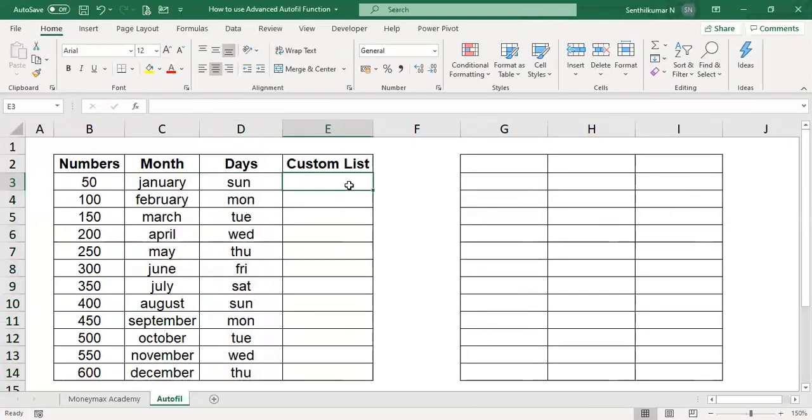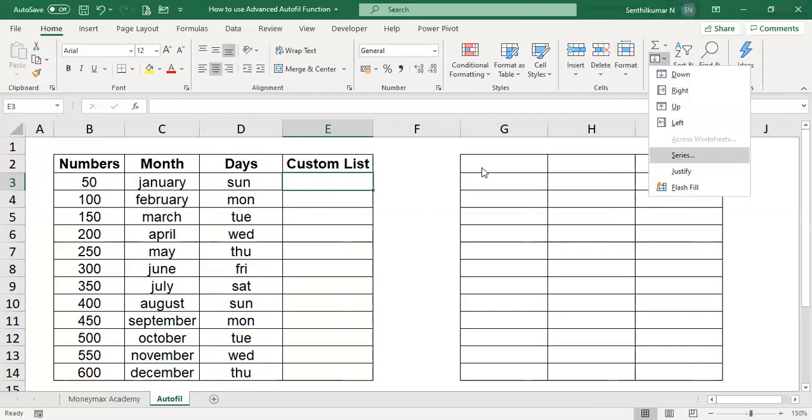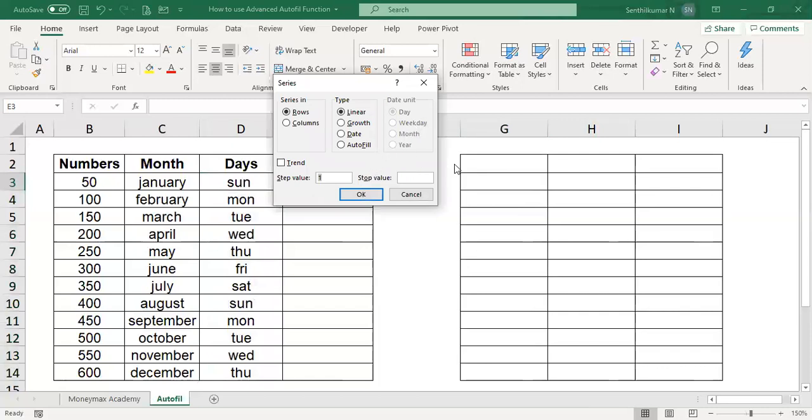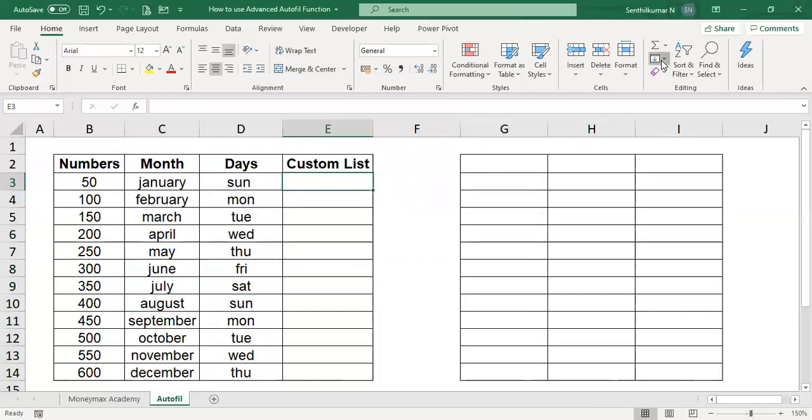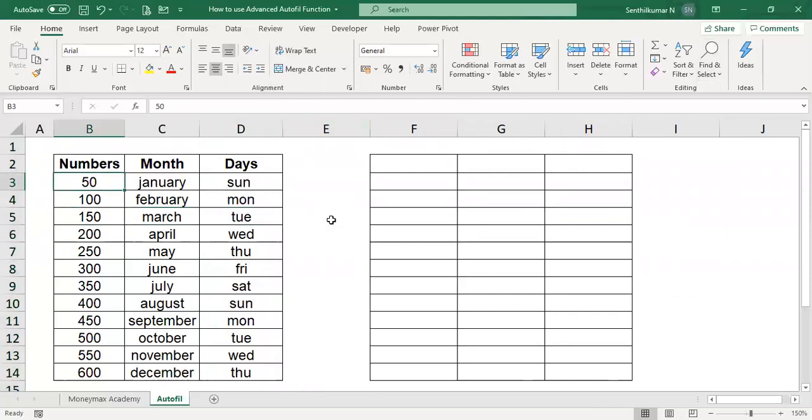Suppose you want to customize, you can customize the fill down option also. You can customize here. This is the advanced fill option. So this is the data automatically available. We can take the flash fill. Now we can do autofill also.